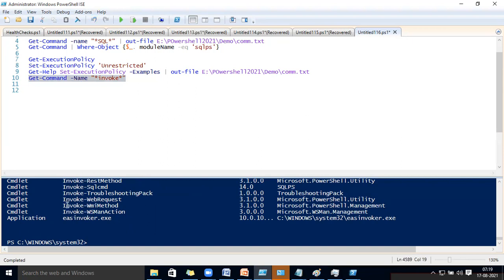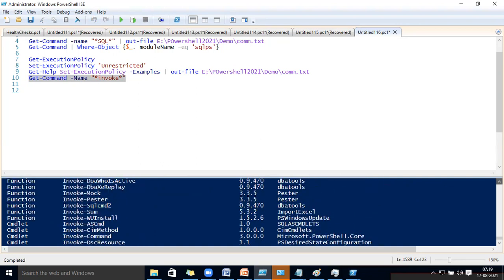You can see the commands whose name contains the pattern, and it will display all the results. Like that we can filter it.